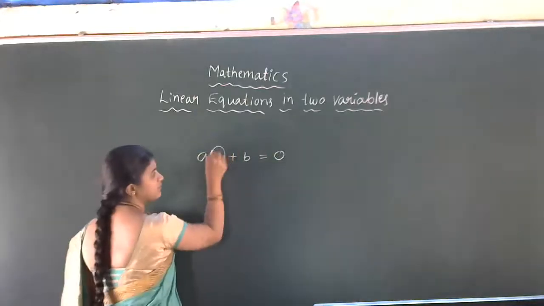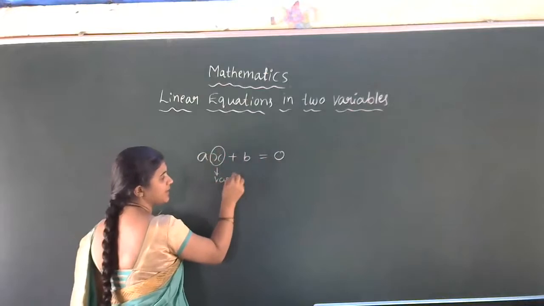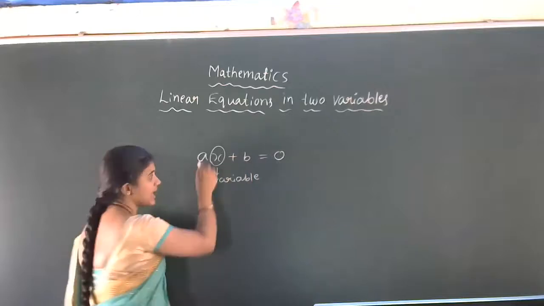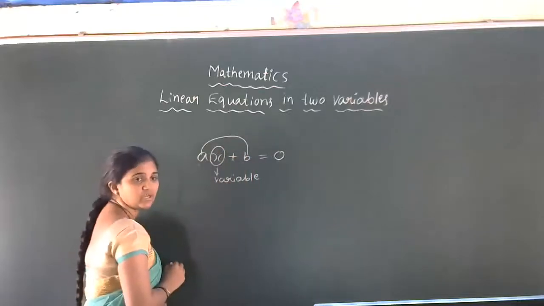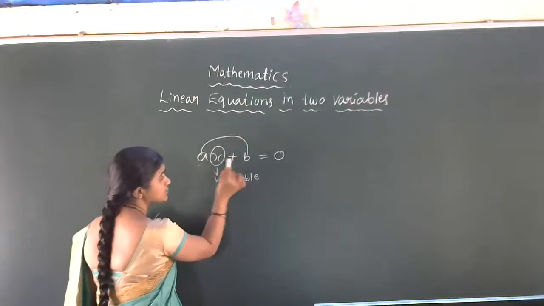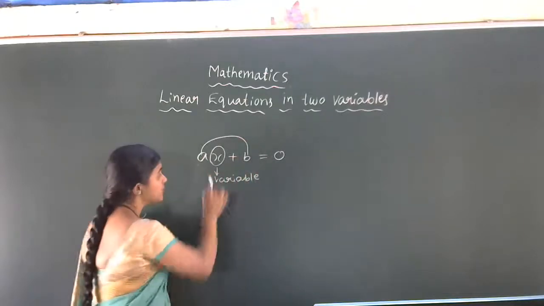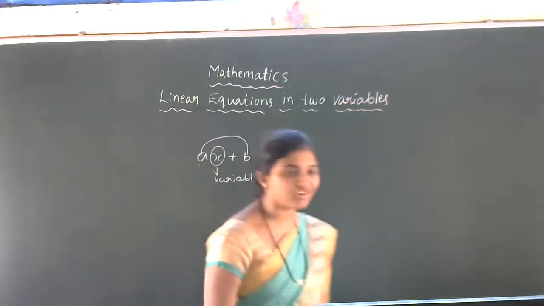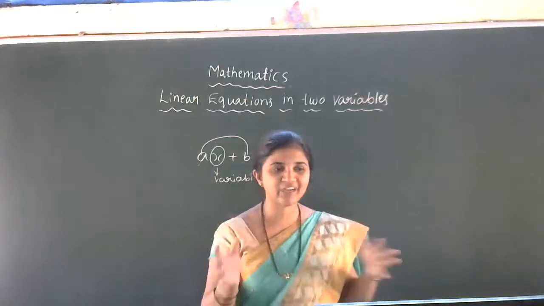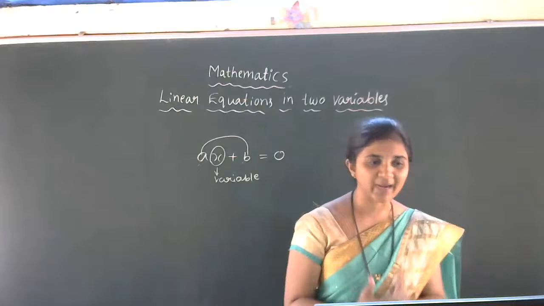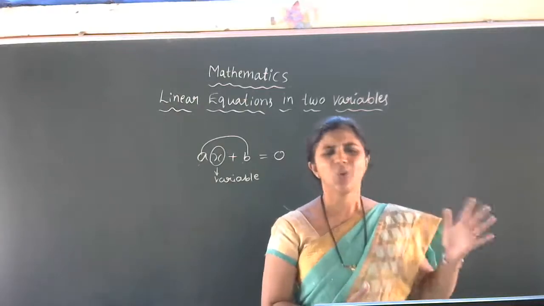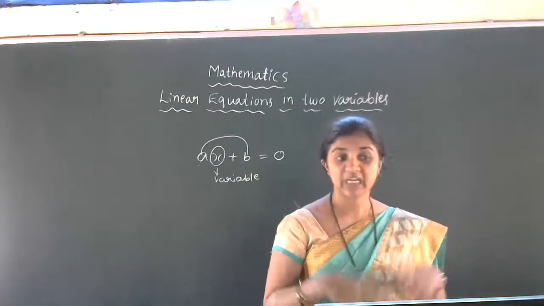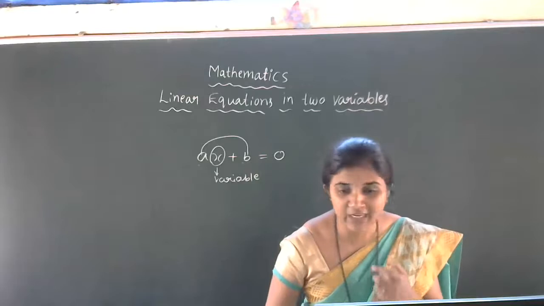We are observing the variable x here. This is the variable. Now a and b are real numbers, where a is not equal to 0. So ax plus b is equal to 0; here you just observe linear. You all got the definition of linear. In the polynomials chapter we discussed linear polynomial, quadratic polynomial, cubic polynomial. Then we'll connect that to linear equation. Can anyone define linear polynomial?